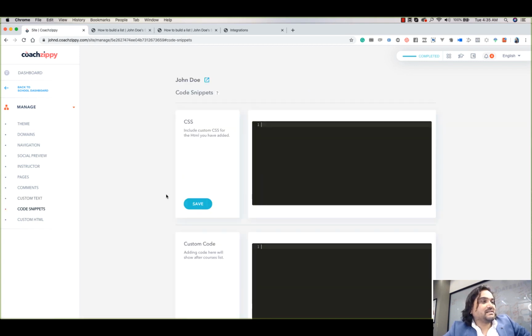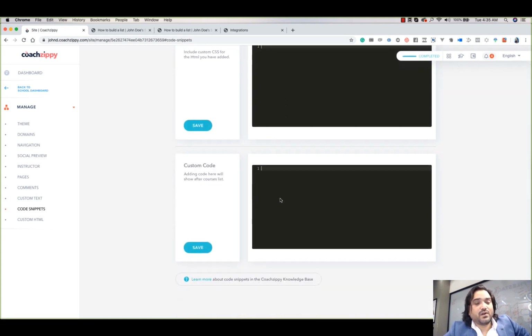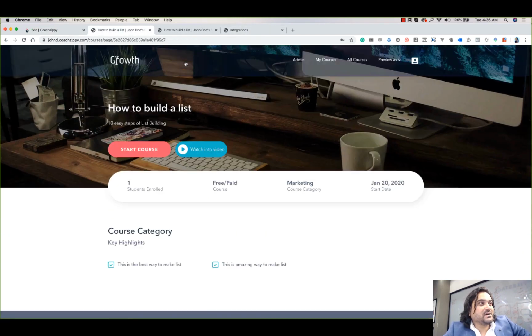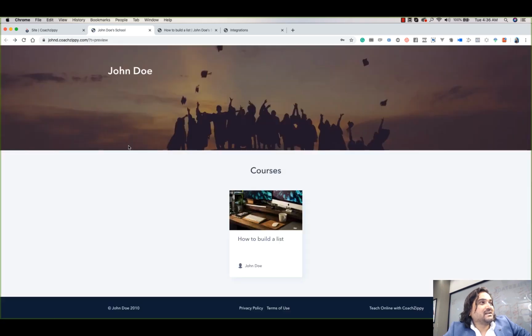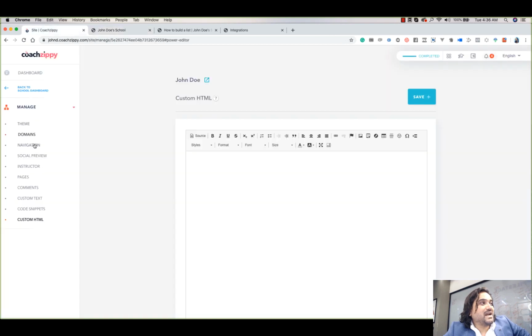Okay, code snippets. You can add your custom CSS, you can add your custom JavaScript code, and that would be available on your website. And you have custom HTML. Let's say you want to add some custom HTML on your school page. This is the course page of Growth Academy, and you want to add something here, and you would be able to do that. But